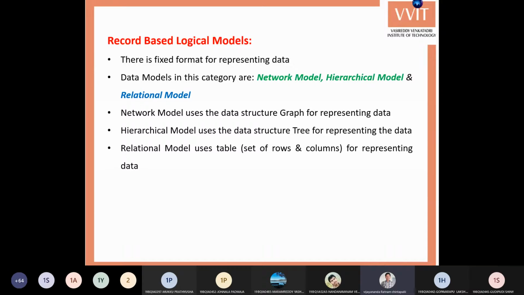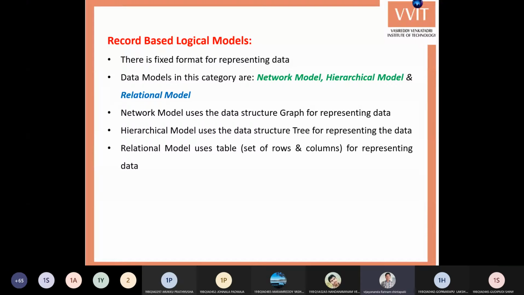It is different for everyone, and the logical level shows what data is actually stored, and the physical level describes how data is actually stored in the database. Through these levels of abstraction, we achieve data independence. Data independence means that if there are changes at one level, they may not affect the other level.